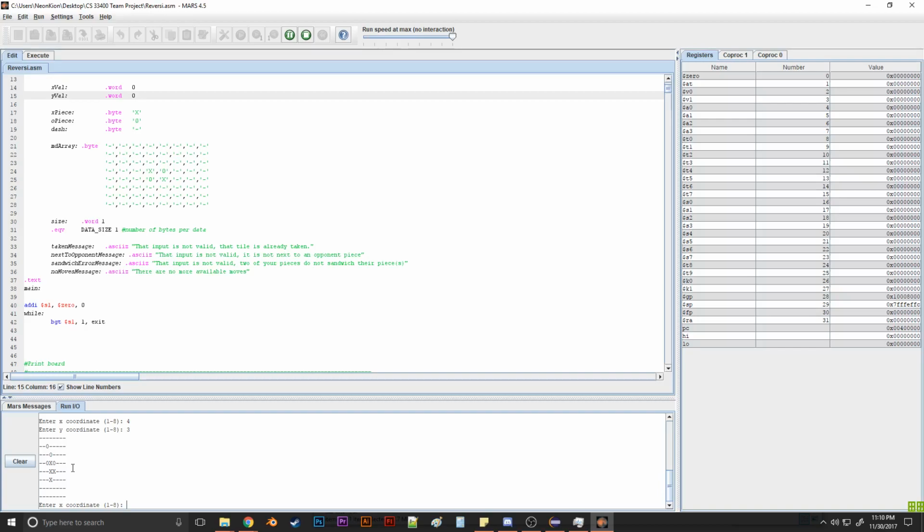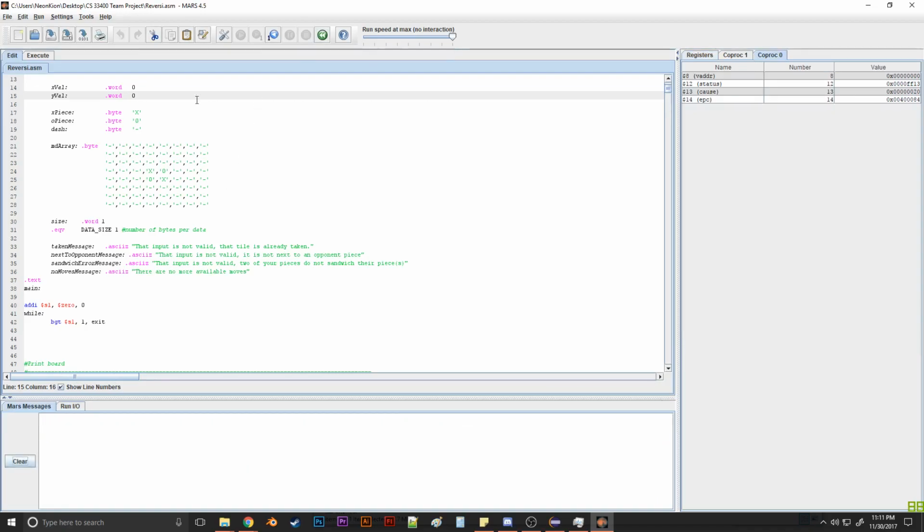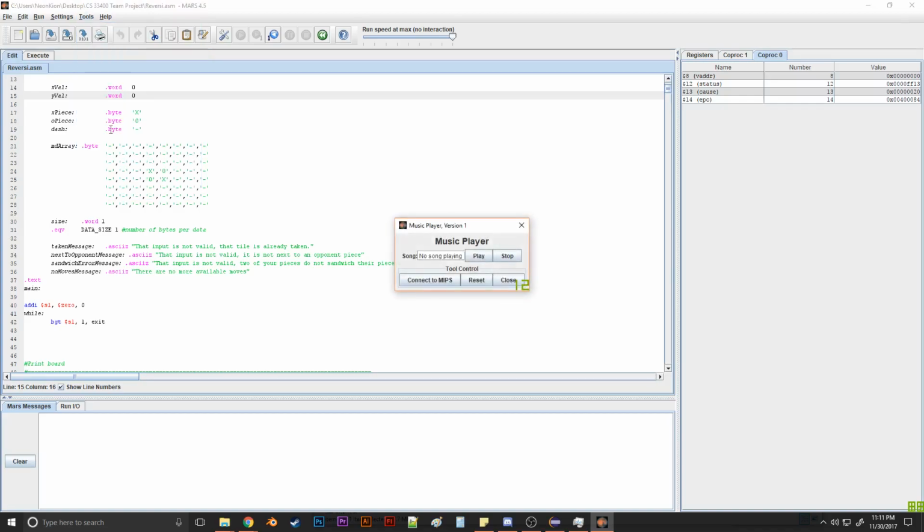So I think that's enough of showcasing how the algorithm works. Now I'm going to show you the music. So, as I said, this was a custom Mars tool, and I made it in Eclipse. Here is my custom mod, the music player. It plays a specific song,